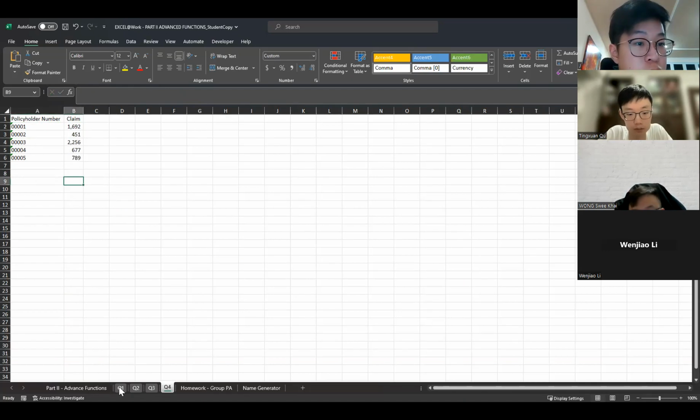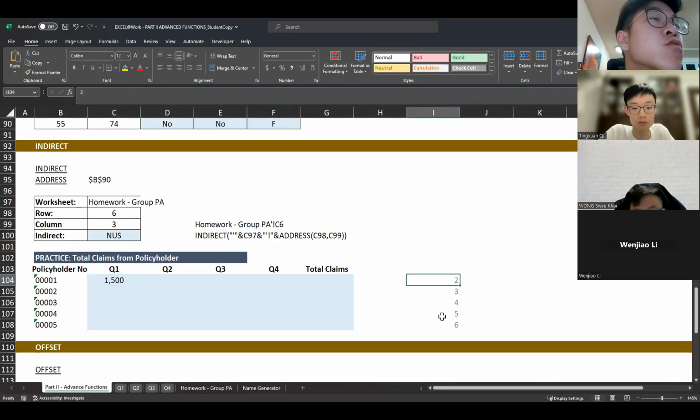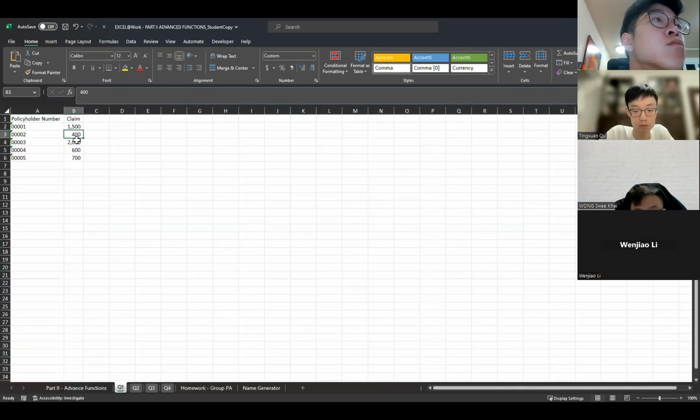They are the same format, basically. So I just create a working column over here. I put 2, 3, 4, 5, 6, because this is just row 2, 3, 4, 5, 6, so that I can reference this straight away.